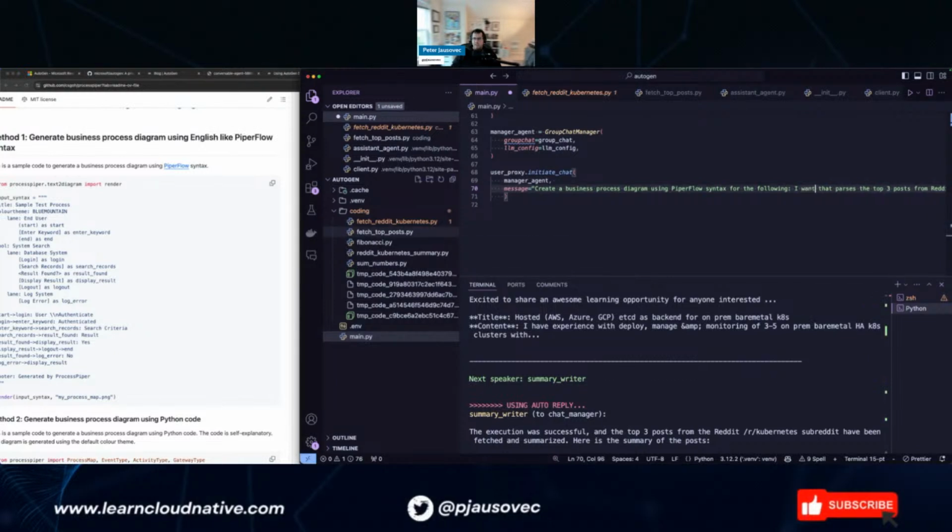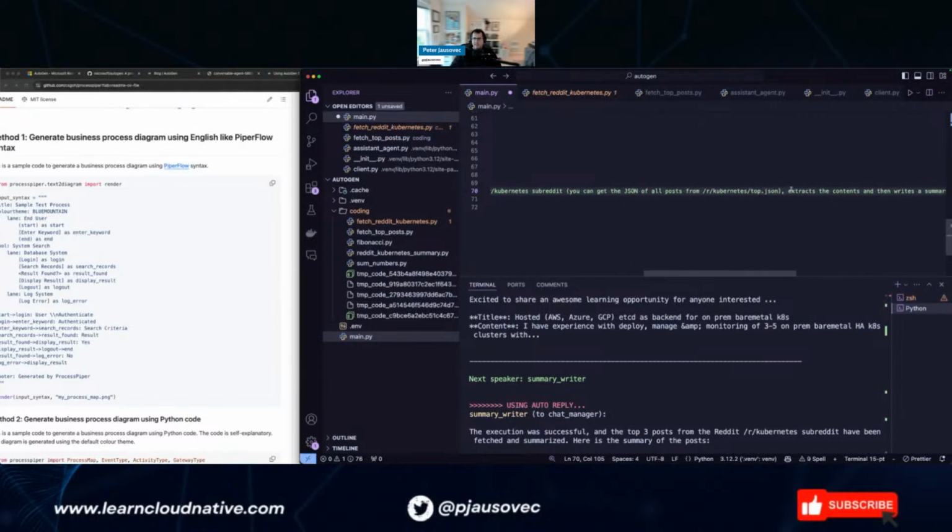I want to parse the top three posts from Reddit, extract the contents, and then write a summary of all. Once you've created the Piper flow syntax, create the AutoGen source code.